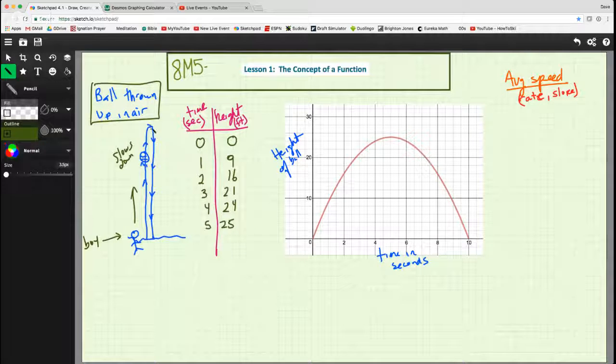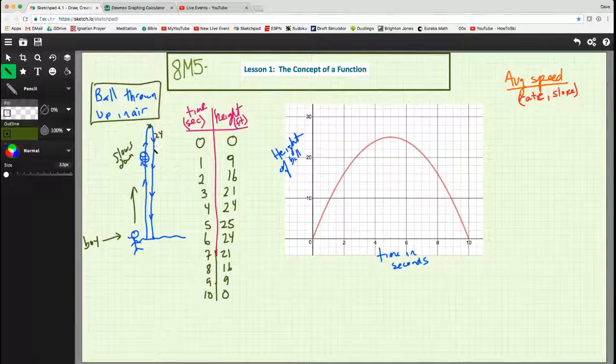So now it's stopped, right? Because it gets to the top. Once the ball gets high enough and it can't go up anymore, it starts to come back down. So now after 6 seconds, it's back down, and now it's at 24 feet after 6 seconds. And then after 7 seconds, it starts to speed up. 21 feet, and now after 8 seconds, it's at 16 feet, and after 9 seconds, it's at 9 feet, and after 10 seconds, it falls back to the ground. So it's fast, slower, slower, slower, slower, stop, slower, faster, faster, faster, and then it hits the ground pretty fast